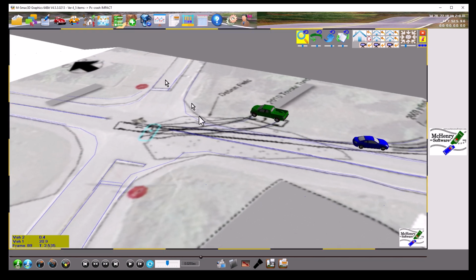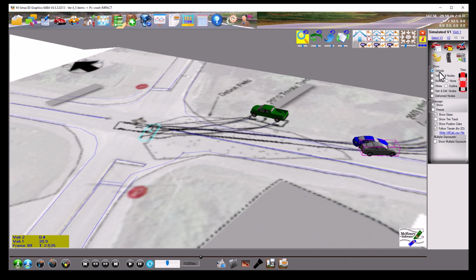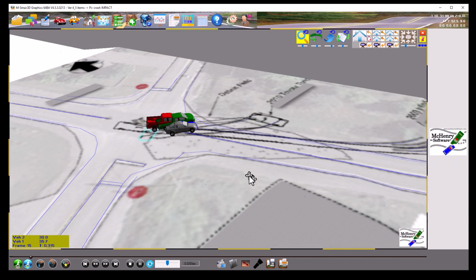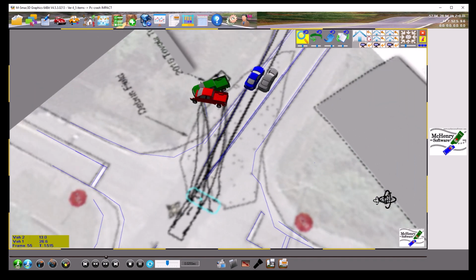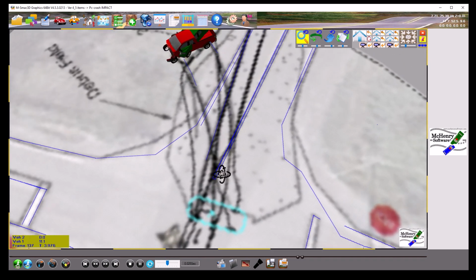Then again, we can turn back on the simulation by just going over here and saying select vehicle 1. We say yes, we want to see the vehicle. And then we'll go to vehicle 2 up here and say yeah, we want to see the vehicle. And again, we can show the comparison. You can go up top, you have the 5 views that you can use, but we're seeing that there's quite